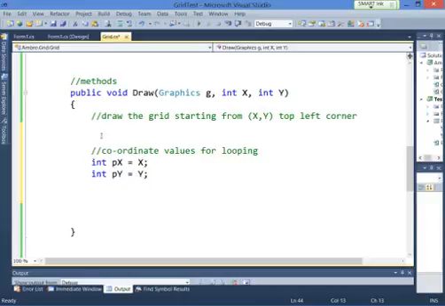I'll never change those values. So I always know what the original was. PX and PY will change. Okay? So the next thing you're going to do is you're going to loop. Whoops, I'm not going to do it, you're going to try to figure it out. Loop through each row and column